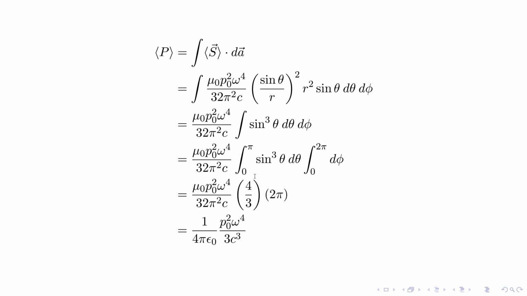And solving for that, it turns out the integral of sine cubed theta d theta from 0 to pi is 4/3. I used Wolfram Alpha to look that up. You can probably look in your book if you don't want to use Wolfram Alpha. It'll actually walk you through various ways to do it. Substitution of variables, I think, is the one they used, if I recall correctly. And finally, d phi goes from 0 to 2 pi, so it's just 2 pi. So we have an extra factor of 2 pi that cancels out some of the 32, but definitely one of the pi's. We have a 3 in the denominator and a 4 in the numerator, so